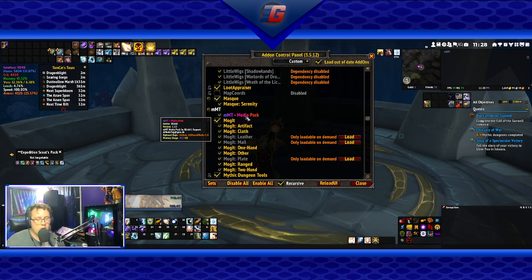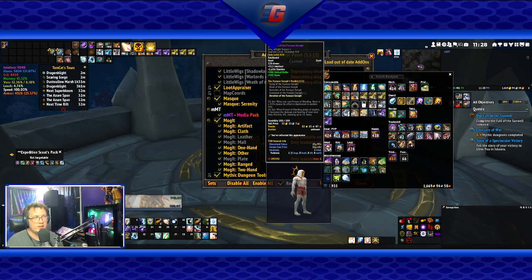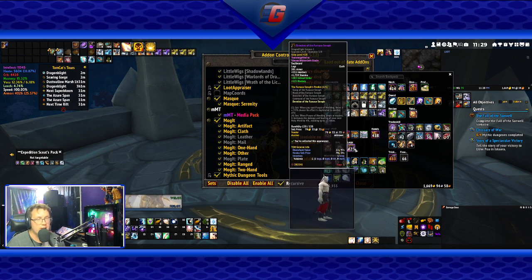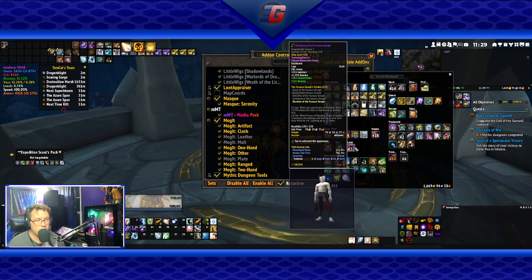Mogit, if you saw me earlier when I was looking in my bag and I moused over, say, this headpiece. What does that armor look like? Well, that's what it looks like. Sometimes when you look at this like leg piece, I'm like, what? How does it even look on a character? Well, that's how it looks on a character. Obviously, when you mouse over a trinket, you don't see nothing because you don't see trinkets. It just allows you to see armor before